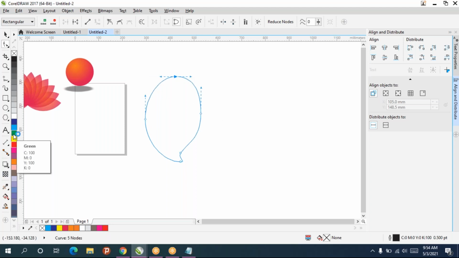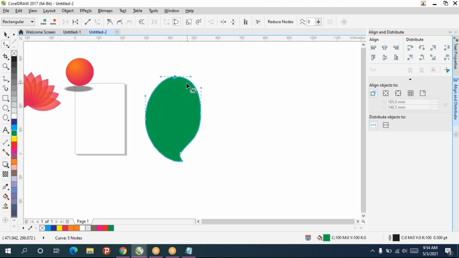So I'll apply some color to this. In the interactive fill, if you long press, you'll get mesh fill.